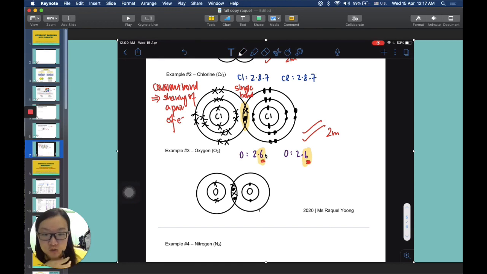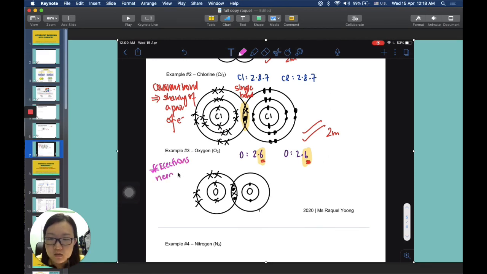Because per oxygen, it has 6 electrons in the outermost shell, right? So 2 has already been contributed to the covalent bond, so you are left with 4. So that's why here 1, 2, 3, 4. Likewise,